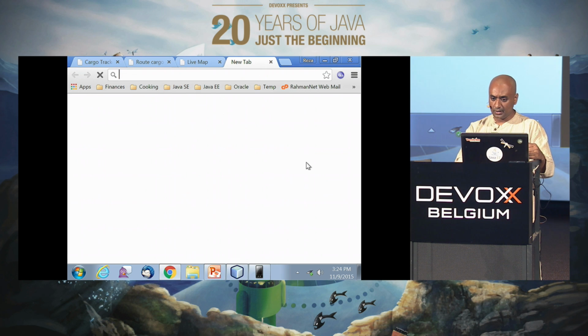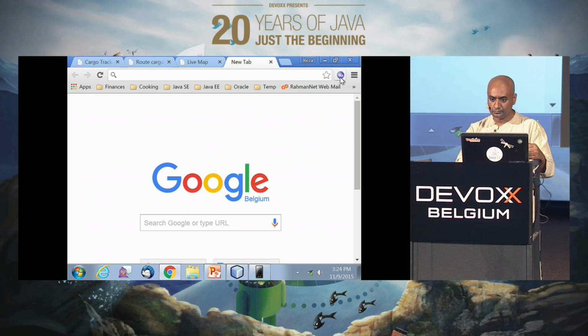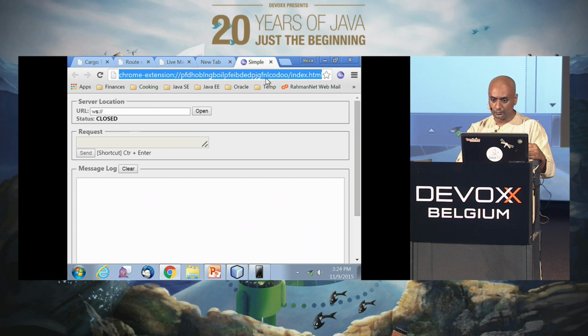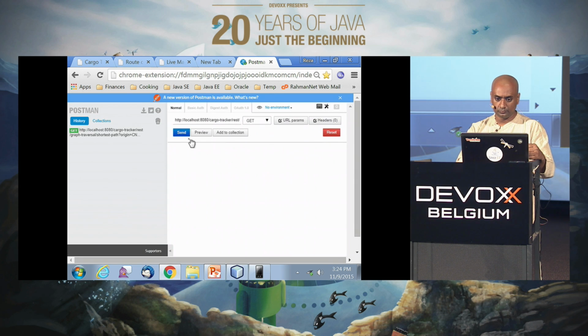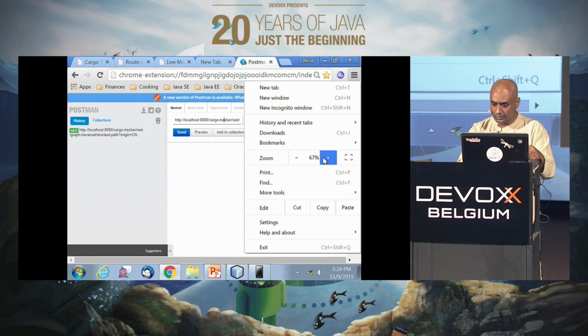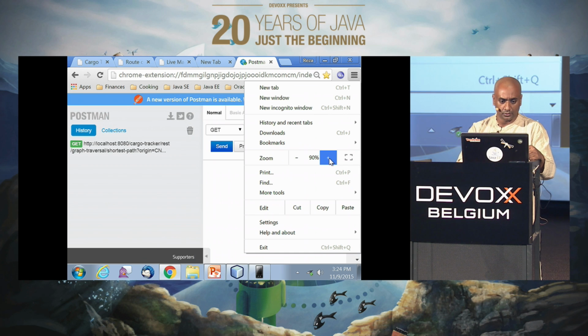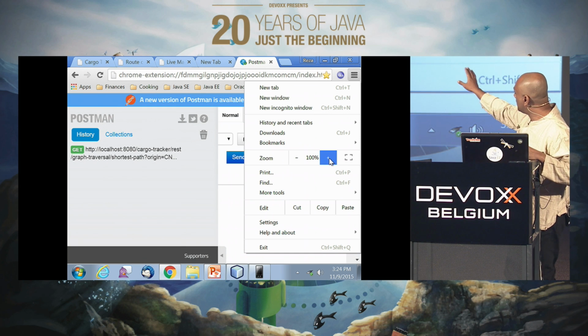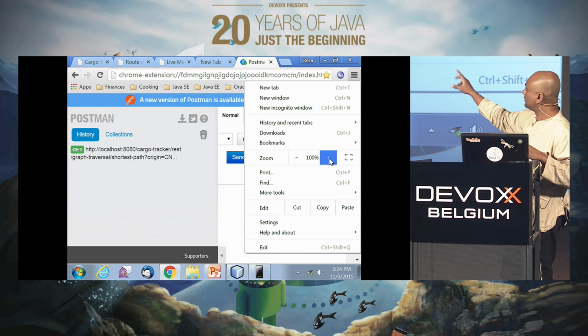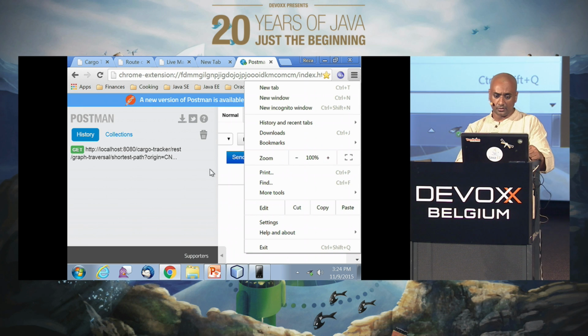So let me pull up Postman, and I'll make a request on this REST endpoint. So you can take a look at it. Let me see, can I increase the volume? Okay, so as you can see there, I'm making an invocation in the graph traversal service, okay? So in this case, I'm not specifying any